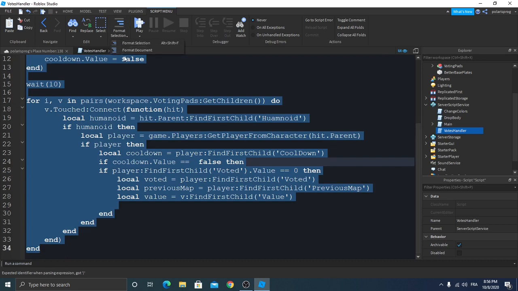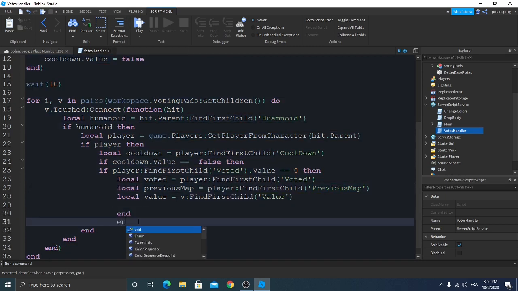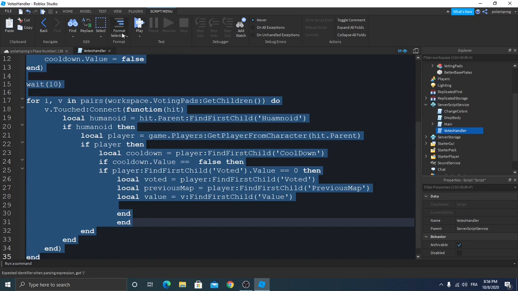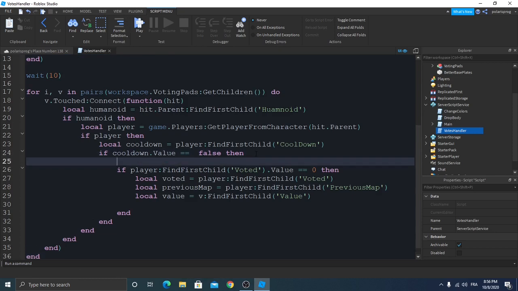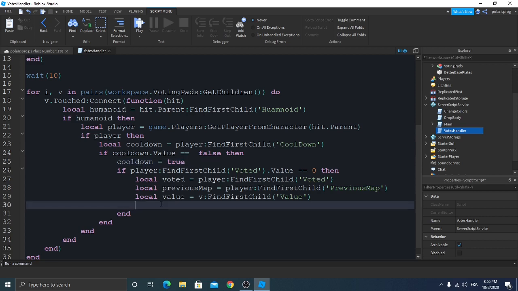Actually, let's put an end right here, Control A, and format selection, format document, and if cooldown is false, then cooldown is set to true, and if player:FindFirstChild("voted").Value == 0, then we have all of these variables, and we'll set v.Value.Value = value.Value + 1,